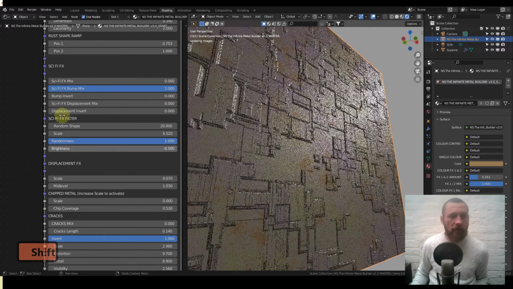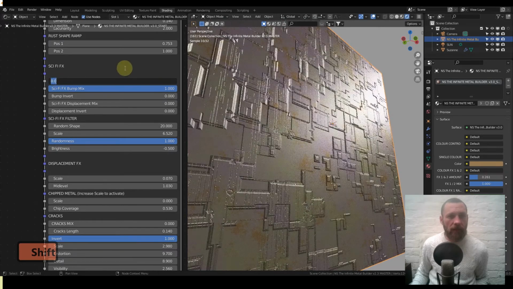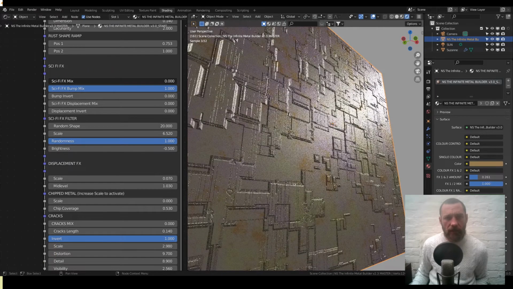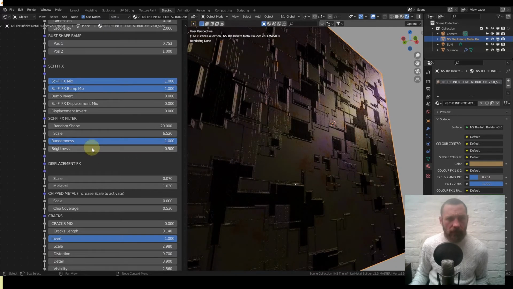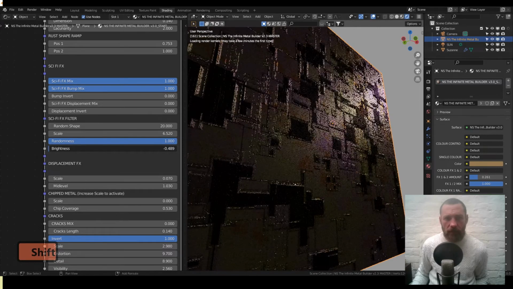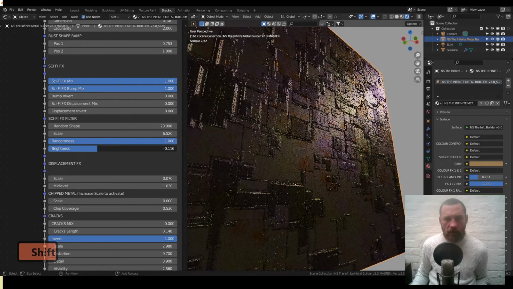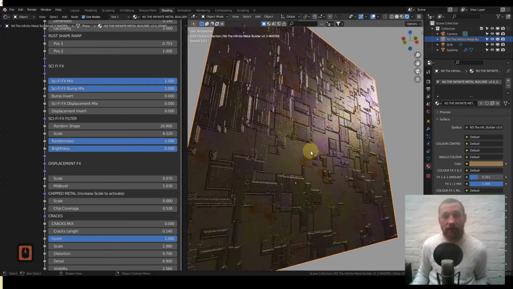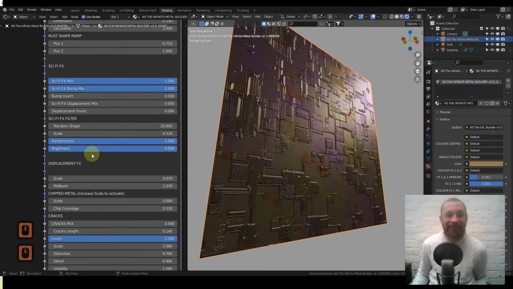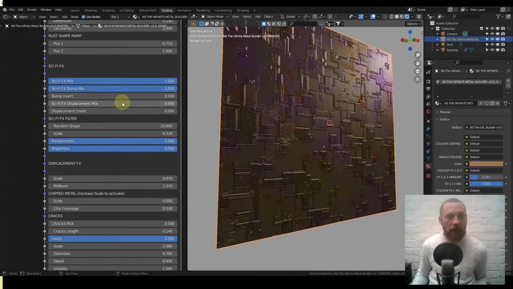I think it might be relative to the colour. So I need to bring the colour in again. Brightness. Now I'm expecting a change here. Let's have a look. Okay. It's the brightness. There you go. That's what the brightness is for. Okay, in order for me to turn on the displacement mix, I need to first subdivide